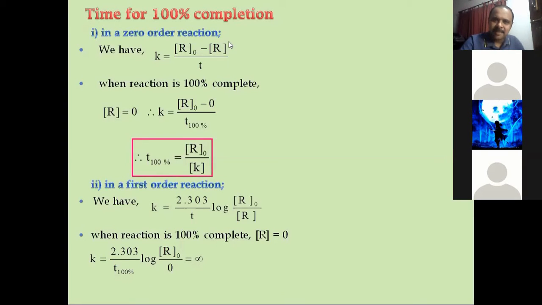There is a methodology, right? See, finally, the time required for 100% completion is definitely required as data to calculate k there actually. In terms of volumes of the titration or reactants, we are going to calculate k there. It is R naught by R, no. How do we find initial concentration and remaining concentration at different time intervals? We need the final concentration actually. Experimentally, it can be done like that.